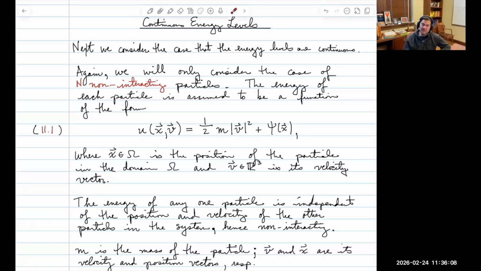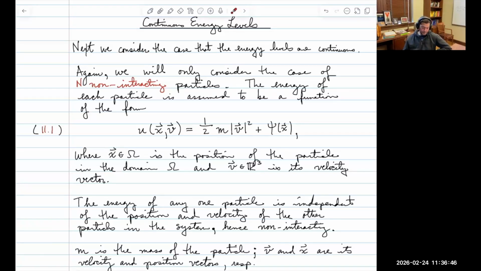Now, what are the components of the function? There are two components. The first one is what we call the kinetic energy. You probably remember this from your elementary physics course: 1/2 m times the magnitude of v squared, sometimes called the speed squared. m is the mass of the particle. The second is called the potential energy of a particle, and this is given by some externally applied field, which doesn't change with the rearrangements or distribution of the particles